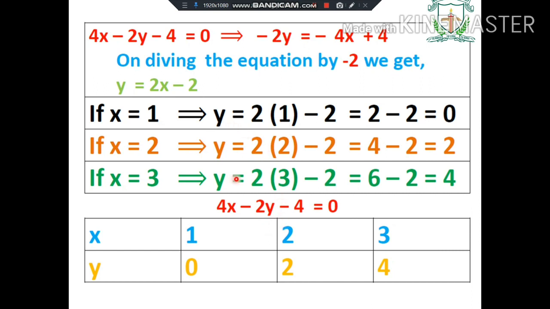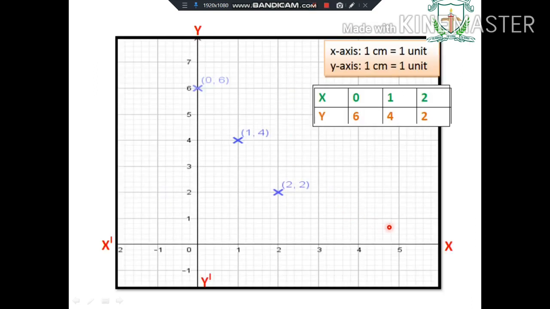Now let us plot both these values on the same graph. Now let us consider the first equation first. Dear children, prepare the graph. Write x-axis x, x dash, and y-axis y, y dash. Now mark the values. You have taken the scale on the x-axis, children: 1 centimeter is 1 unit, and on the y-axis 1 centimeter is equal to 1 unit. Since the values are very small, we have taken 1 centimeter equal to 1 unit on both the x and y-axis. This is the table, children.